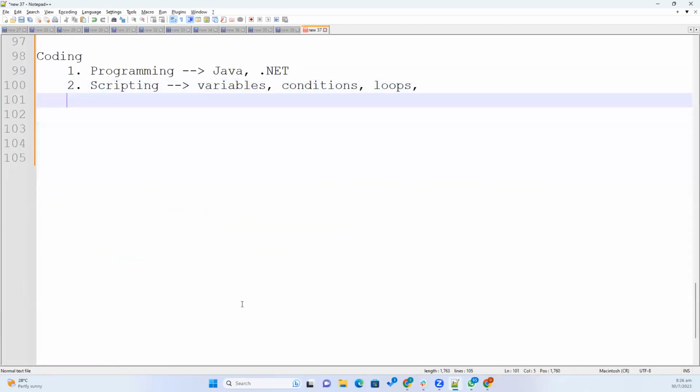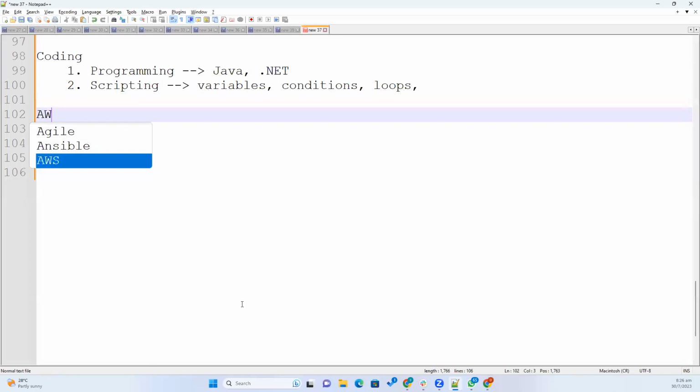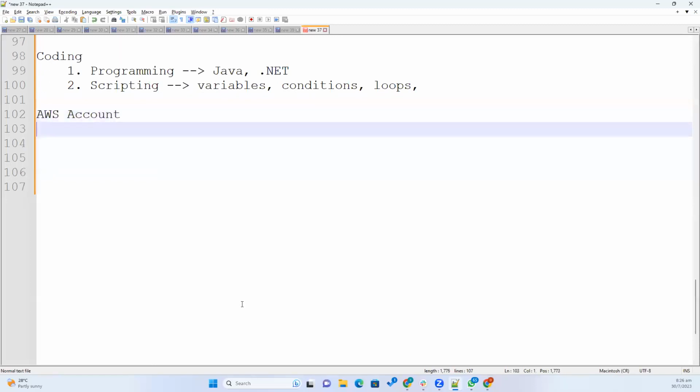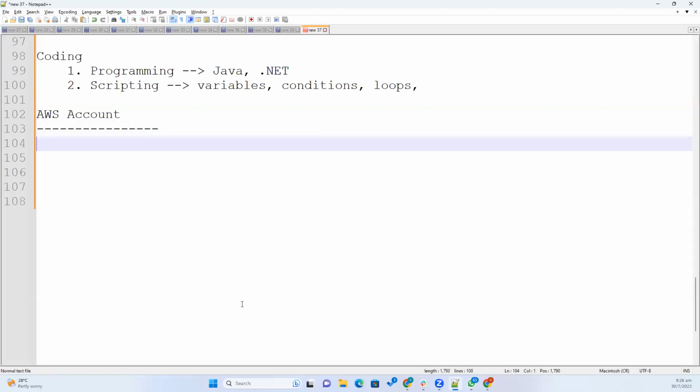And all of you, please create your AWS account. There will be a lot of videos on the internet. Even in my channel, I have posted a Telugu plus English video on how to create your AWS account. AWS free trial is there for 1 year, but it is not free completely. There will be limitations. Whenever you create the resources, once the practice is completed, just delete the resources. Don't keep them. AWS will never charge if you don't use it, even after 1 year also.